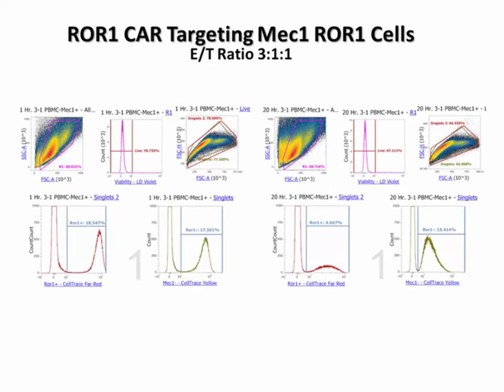in the yellow. And again, if we look at after 20 hours, by co-incubating these cells, we are now getting specific killing of the ROR1 population, shown on the right, while our ROR1 negative cells, for the most part, are being left alone, and they're now expanding out. So this was pretty nice. We can now differentially kill a target cell in a population of other cells. And as we show on the next slide,